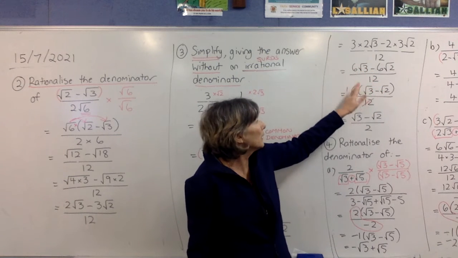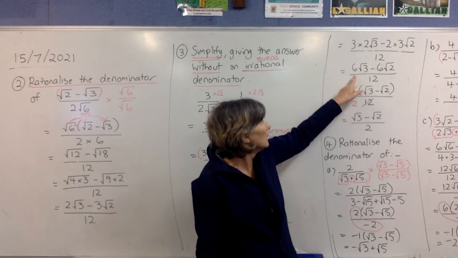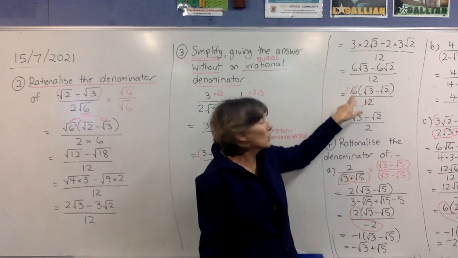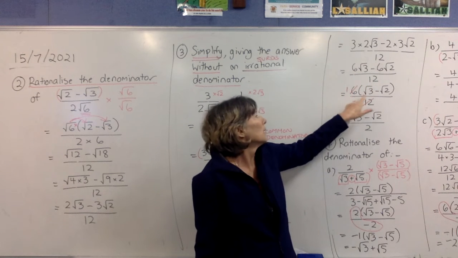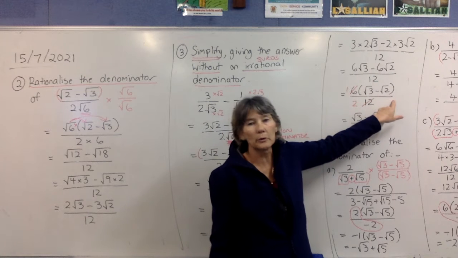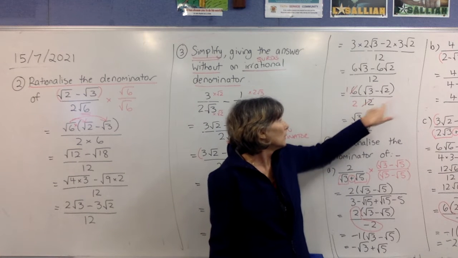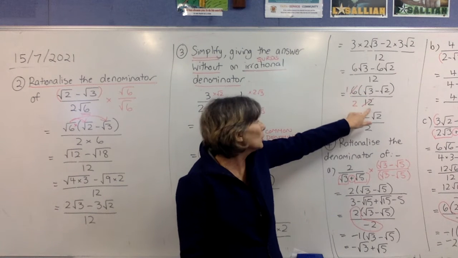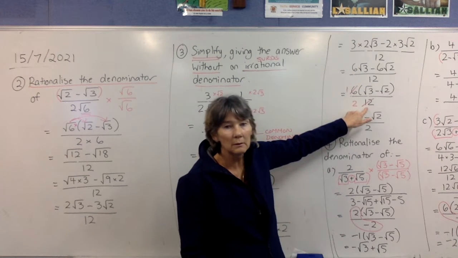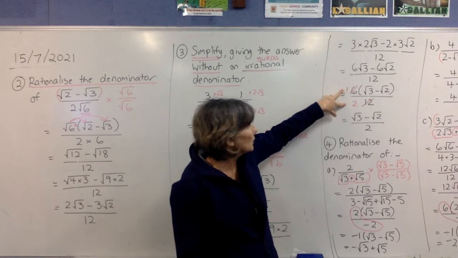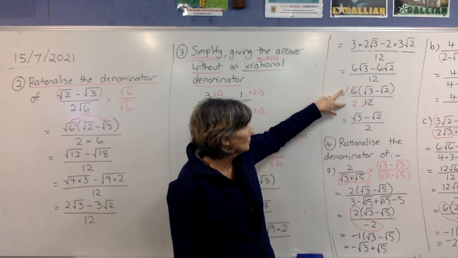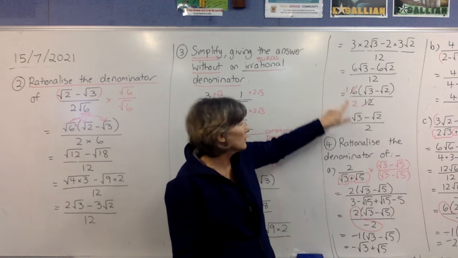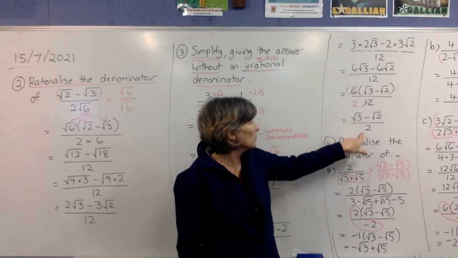Okay, so when we look at that, you should be looking at those 6's and the 12 on the bottom and going, oh, hang on, I think something's going to happen here. So you'll take that 6 out as a common factor on the top. That will leave you in the brackets with root 3 minus root 2. 12 just stays on the bottom. Now that the 6 is out, you can do some cancelling here and bring that 6 over 12 down to 1 over 2. The 1 you can leave out in the next line, and we've got root 3 minus root 2 over 2